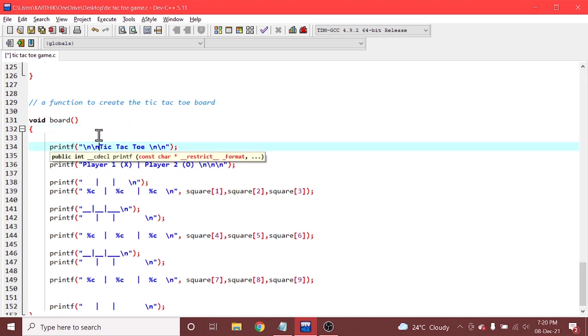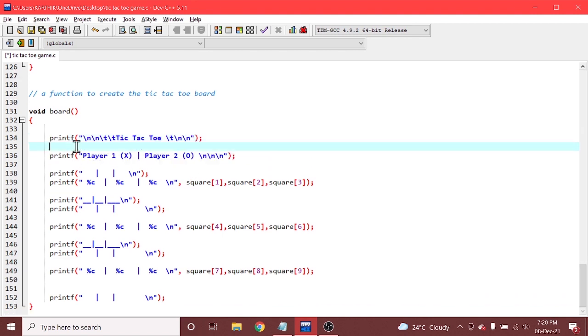Let me give some space here, tab space. This is your board function where I have given the heading, and you also have the information like what is player 1 and what is player 2. Player 1 indicates X and player 2 indicates O.